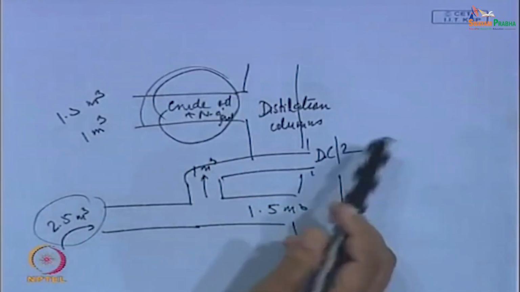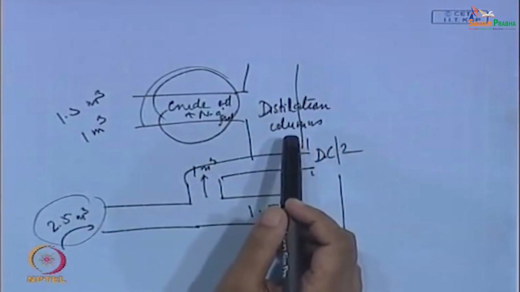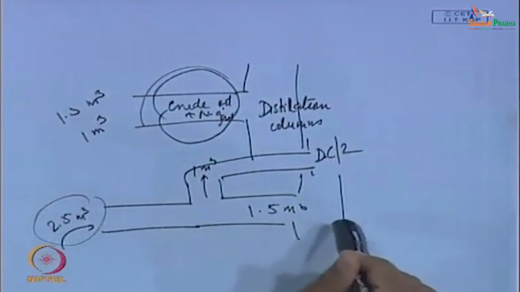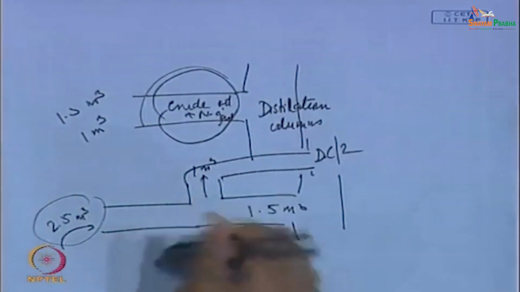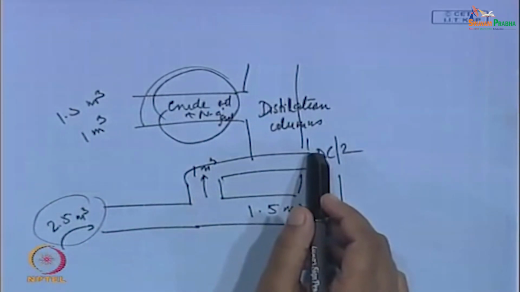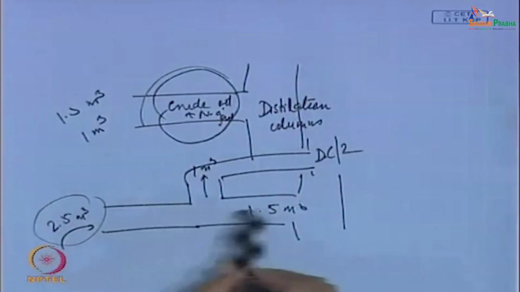What can be the reason that by just dividing the feed, putting the same quantity of feed, everything else the same, we have not changed anything, but DC1 is not operating properly? Then we found out what was happening was that when they are using a T junction,